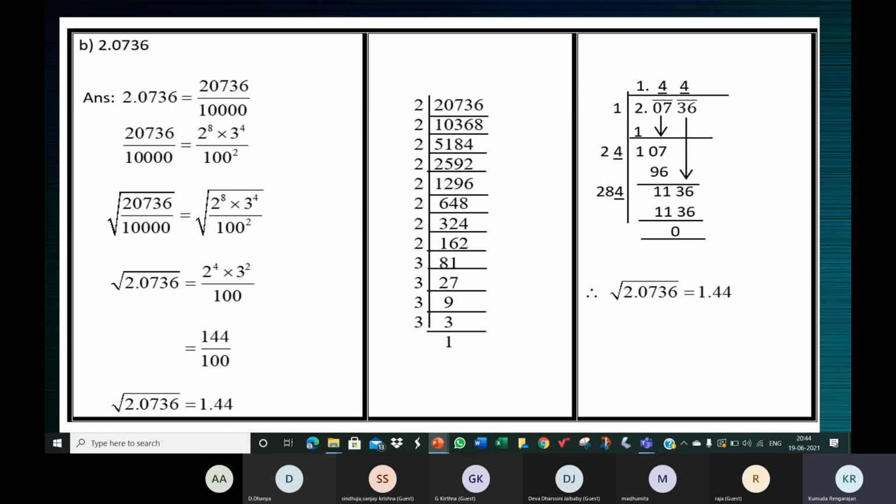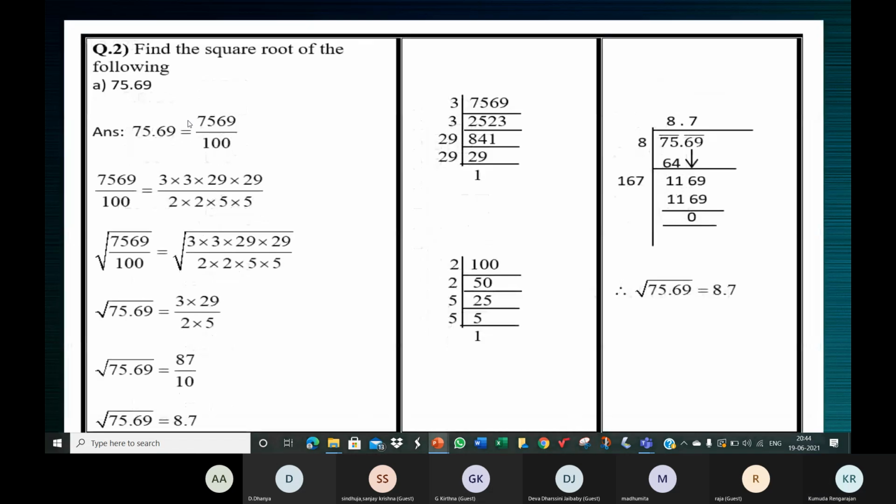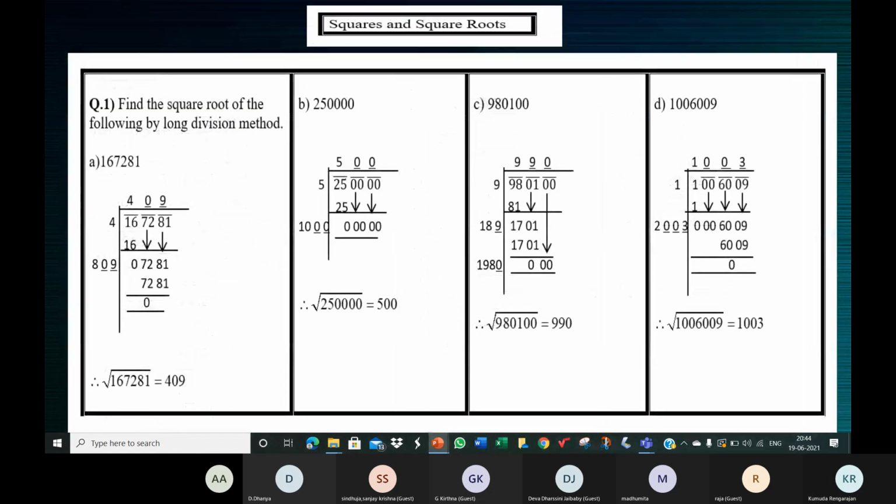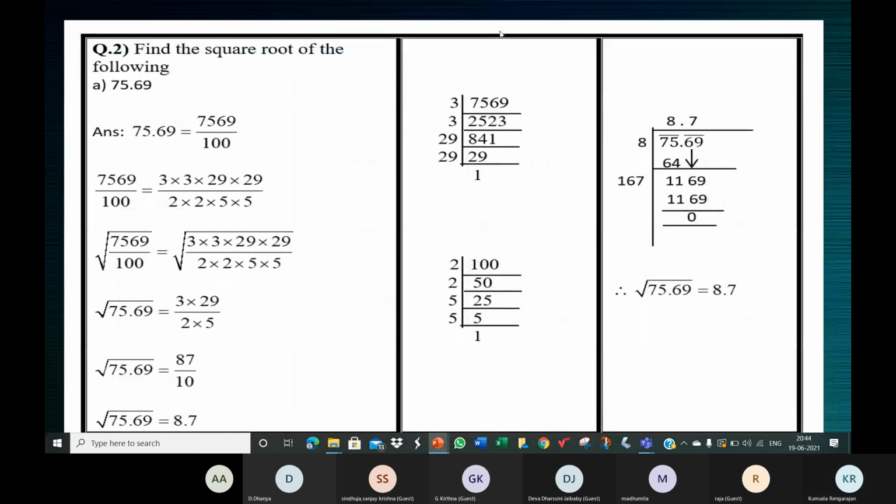Yes, like this, you can get your doubts clarified, children, in case you're finding it difficult. The first step is to convert the mixed fraction to an improper fraction. And then the procedure is like this, what you see on the screen. This is a decimal number. It's in a different PPT. So like this, you'll have a fraction, right? So find the prime factorization of the numerator and denominator, this procedure.